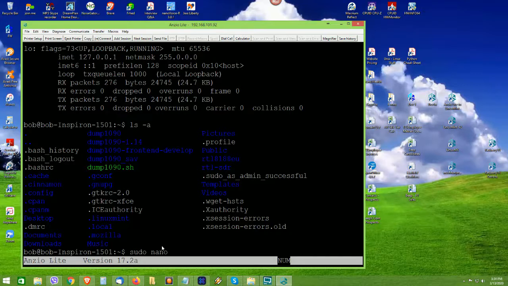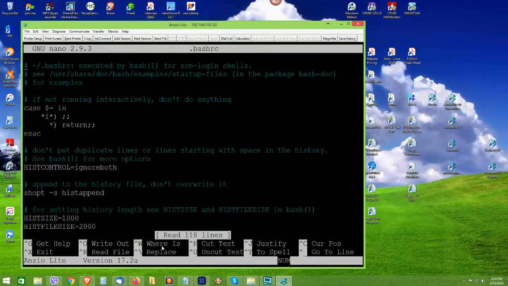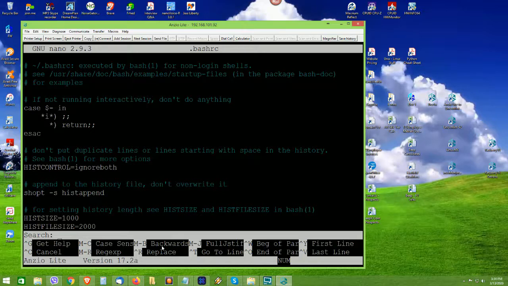Sometimes it's a little easier, especially when I'm doing instruction like I'm doing right now. So sudo nano .bashrc, and type in my super secret password here. Okay, the line that I'm looking for, I can go down through here and dig and find it, but I just want to use the Control W that you see at the bottom of the screen there. It wants to know what I'm looking for, capital